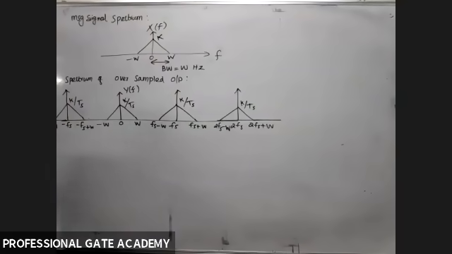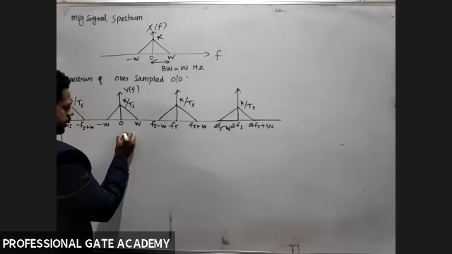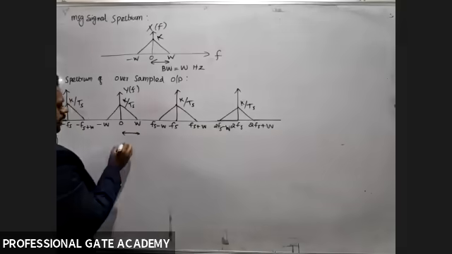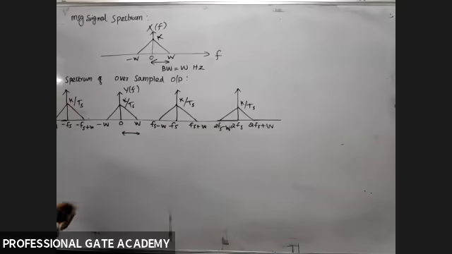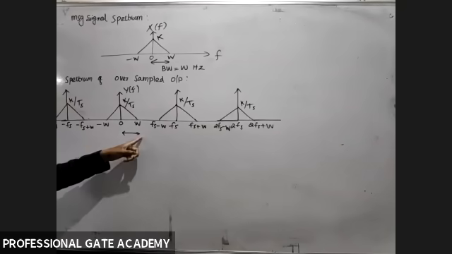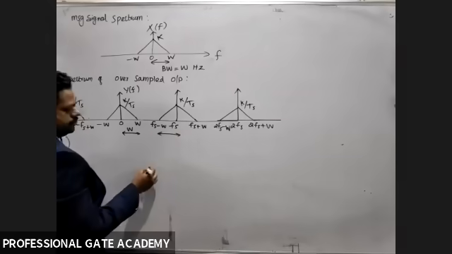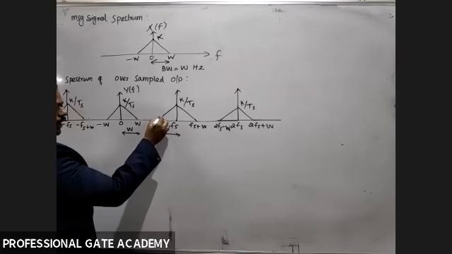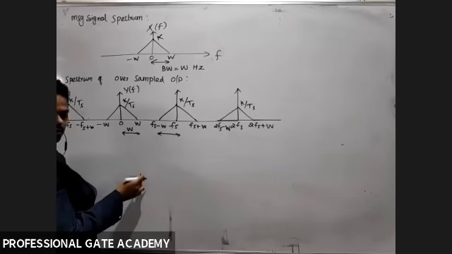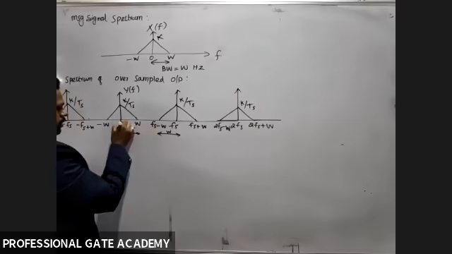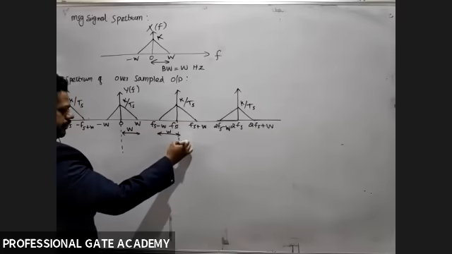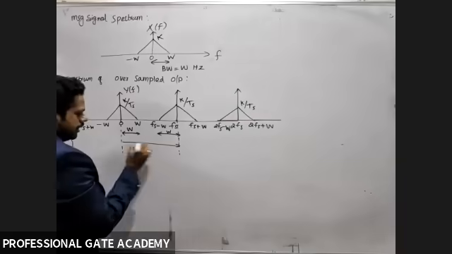Why oversampling? I will explain. Students, from here to here, what is the bandwidth? Students, please listen to the board. So here 0, here W. So what is the bandwidth? W hertz. Very good. From here to here, what is the bandwidth? See, from here to here. Here fs minus W, here fs. So highest minus lowest. So what is the bandwidth? W. Very good. Now here 0, then here fs. Now what is the bandwidth range?